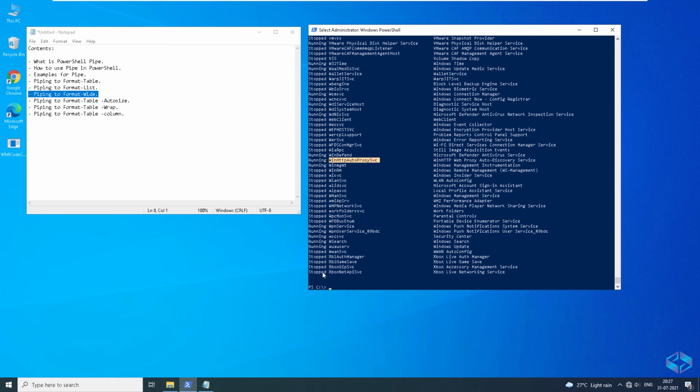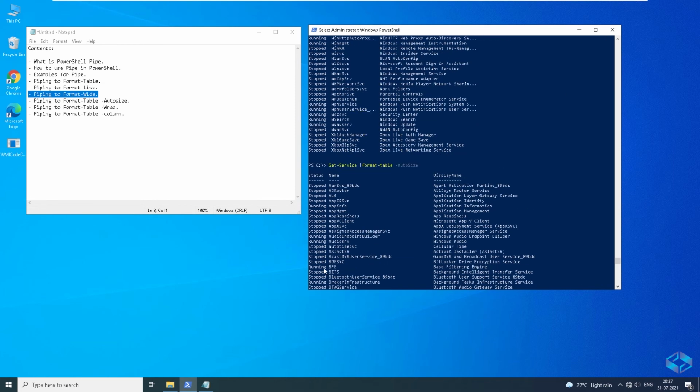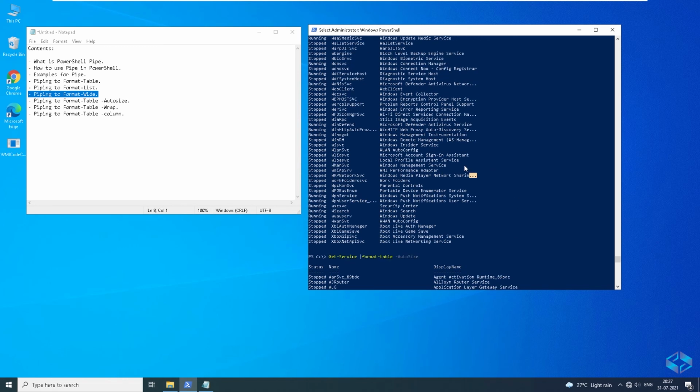And you can see this status column is smaller, and then name needs extra width, and similarly for the display name. Display name also, many of them are with a dot, because the normal format table command cannot accommodate the full details here.